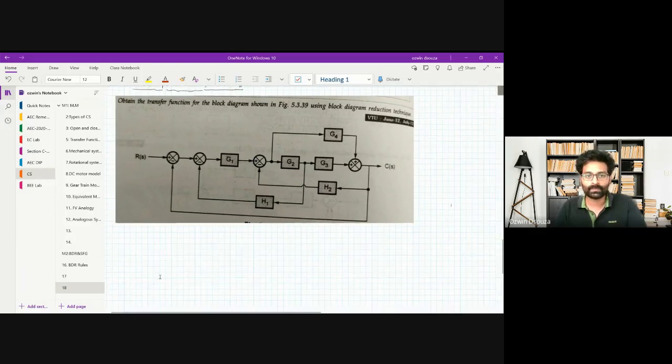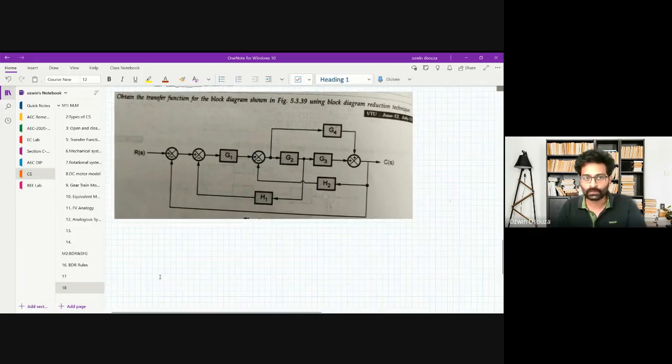I would advise you to follow this shortcut method only if you are comfortable with the regular, that is, the conventional method. Don't practice this method in your external exam. You can use this method in competitive exams, because in competitive exams, the correct answer is the key over there, and nobody evaluates